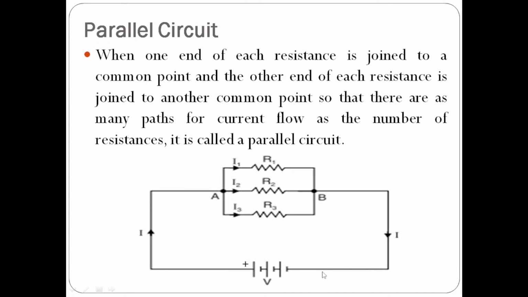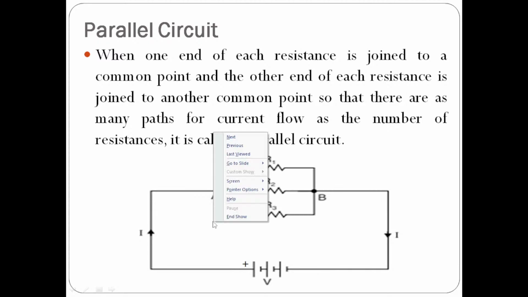Okay, now from the positive terminal of this source, what will happen? Current will start to flow. Current I has started to flow from the positive terminal of this source. Current is flowing like this. It is coming up to this terminal A, where all these front ends, or starting ends, of the resistors are joined at a common point A. And what is happening? Current, when it enters here,